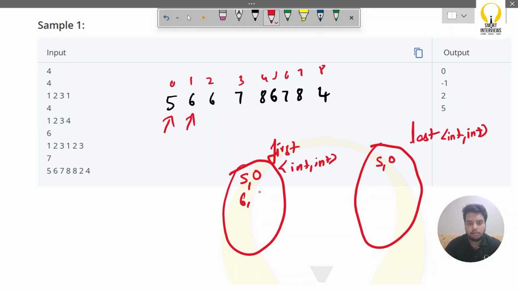I get 6 here, 6 comma 1. I get 6 here. I won't update in the first, but yeah, I'll update in the last. Then coming to 7, 7 comma 3, 7 comma 3 here again, 8 comma 4, 8 comma 4, 6 again,